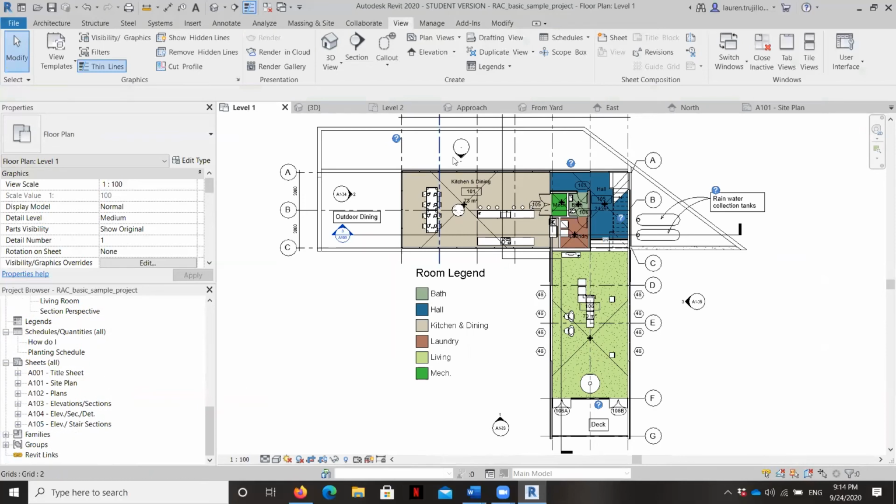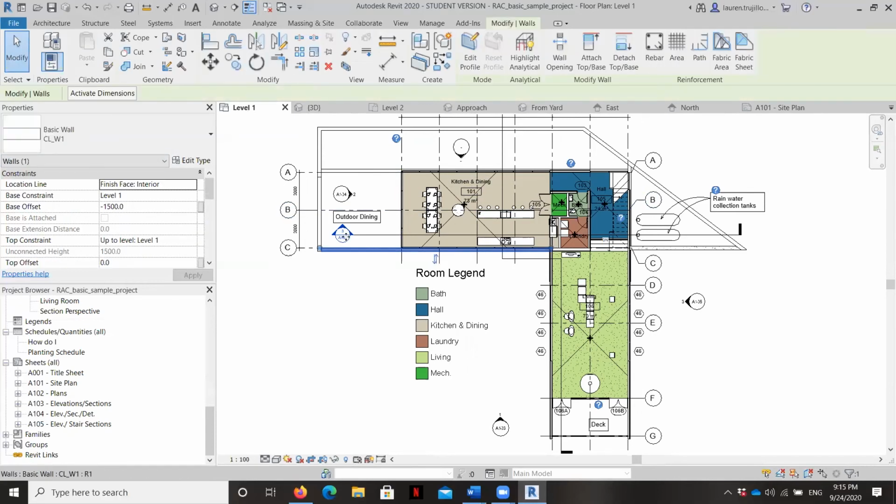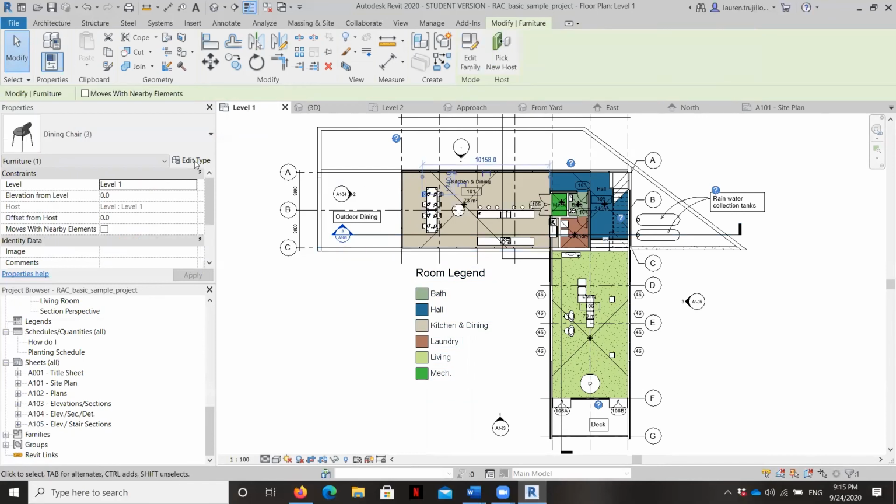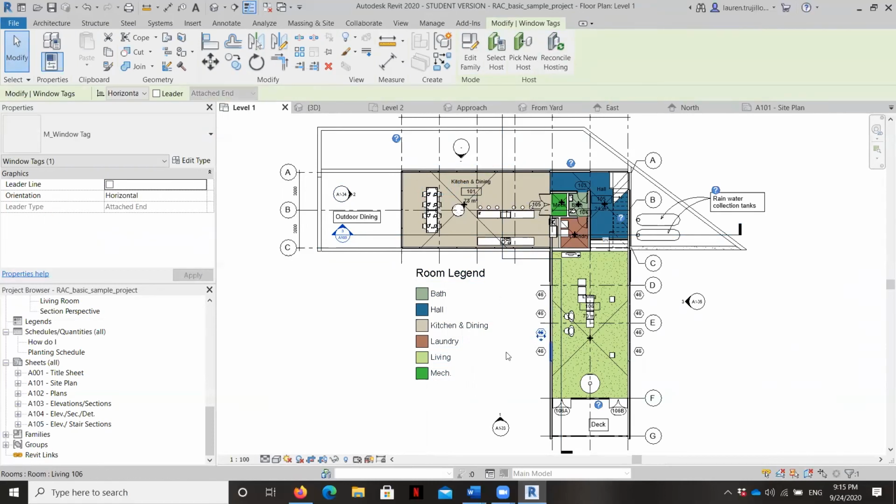Any three-dimensional object that's been brought in can also be found in families, and we'll be making our own custom families. This here is the Properties tab, and as you click on anything within your Revit model, its properties will reveal themselves. There's a whole lot of stuff, as I like to say, under the hood here that we can really start to tinker with, and we will later. As you move along here, if I click on this chair, the properties of the chair will come up. As I click on the tag, these are window tags here, the properties of the window tags will reveal themselves.